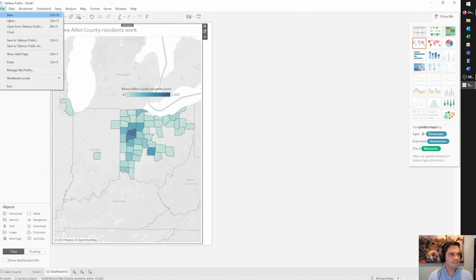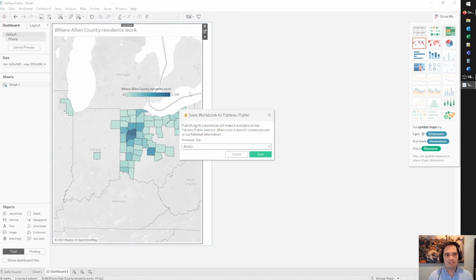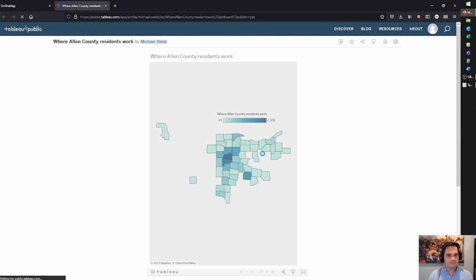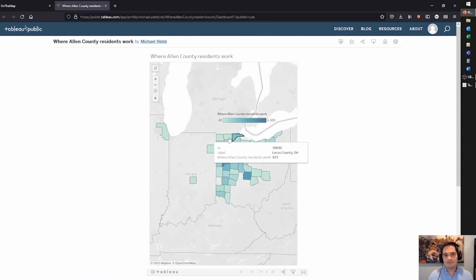And so then you can save it online. Save to Tableau Public. Never give something the same name too many times. And bam, we have an online resource that folks can use and folks can interact with. And it's wonderful like that. And so again, this is something that you can create very quickly that can have impact and can be visualizing data from that very rich on the map site, which has really great data in terms of where folks in your communities live and